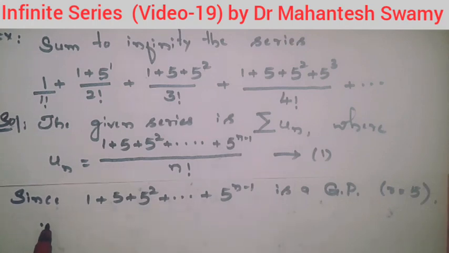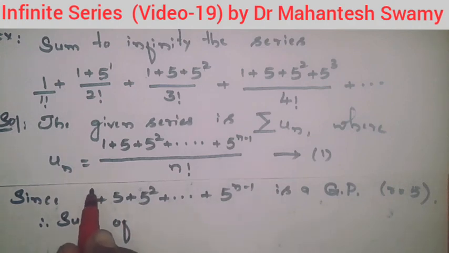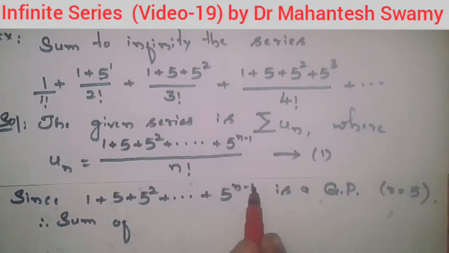So therefore, how many terms are here? 1, 2, 3 up to n. For the first term it is 5 to the power of 0, for the second term it is 5 to the power of 1, for the third term it is 5 to the power of 2, and this will be 5 to the power of n minus 1, which means it will be the nth term. So we are having n terms here. Sum of n terms